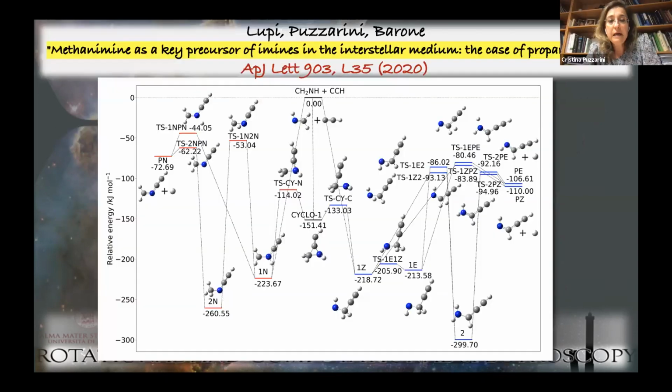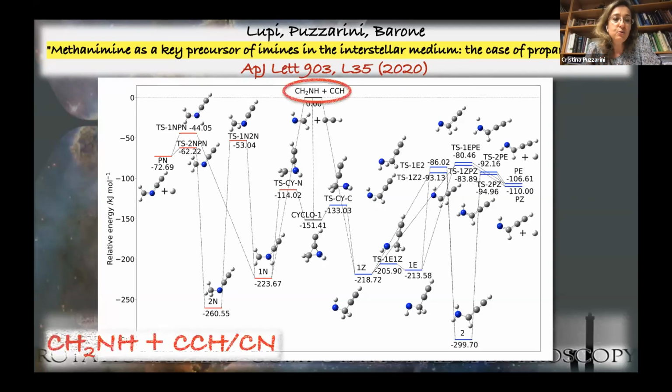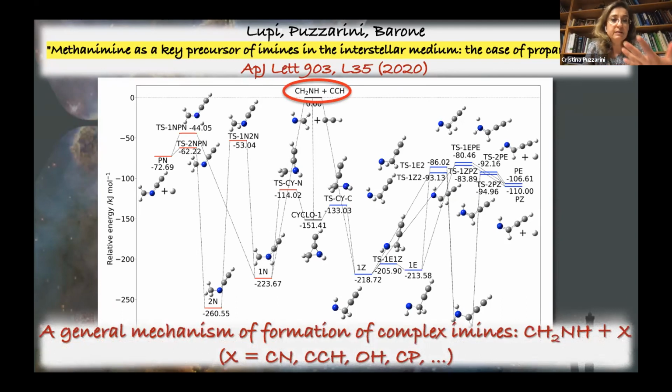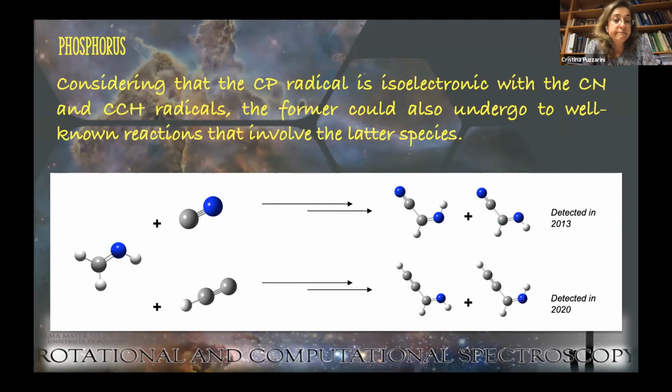So when we investigated this path, the reaction between C2H and methenamine, we realized that the path was very similar to the reaction already investigated between methenamine and the CN radical. And so it was proposed that this can be a general mechanism for the formation of complex imines. And since the products of the reaction of CN with methenamine have been detected, and the products of the C2H with the methenamine were detected as well,